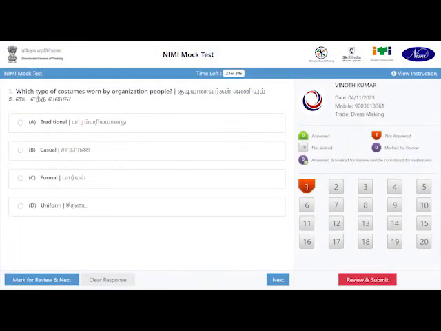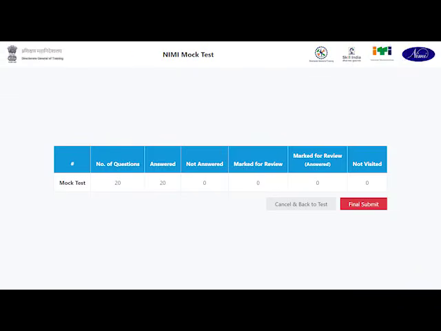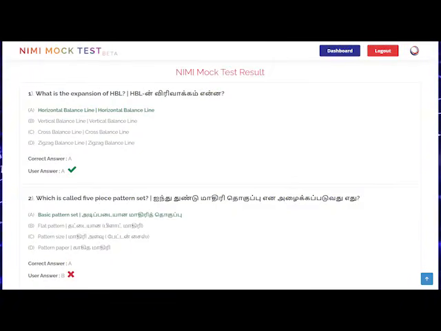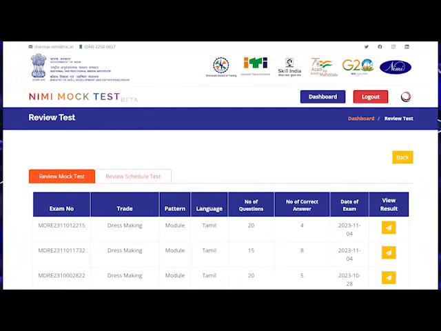Mock test will be started and time left will be shown in the top. Minimum 50% of questions to be attended to complete the test. Else, if quit without completion, it will be pending test and to be completed before creating next test. After submitting the test, results are visible in graphical view with attended question details. Through Review Test tab, previously attended test details and results can be viewed.